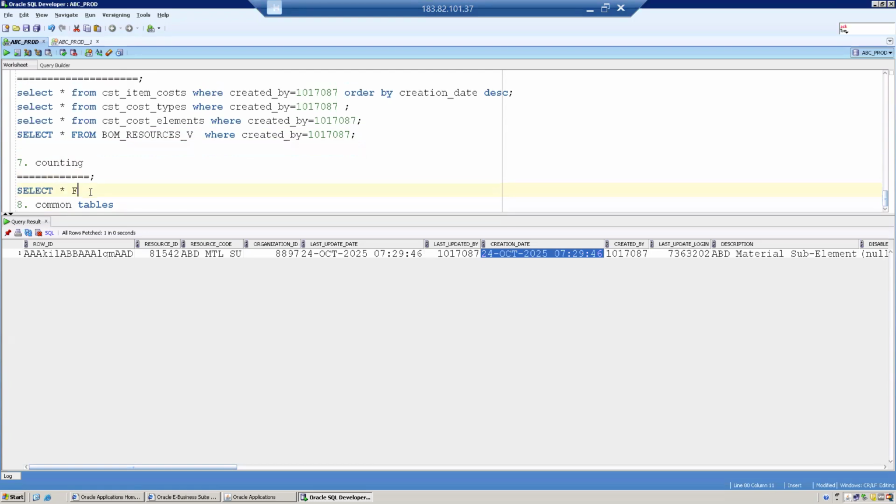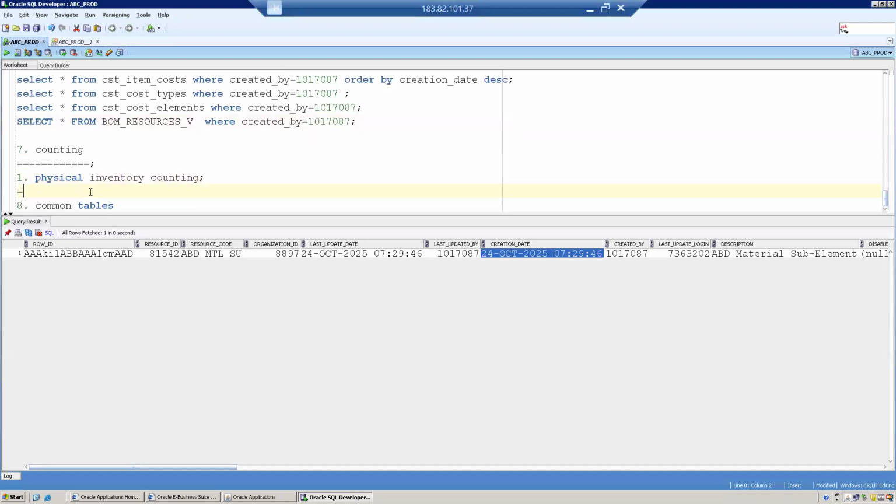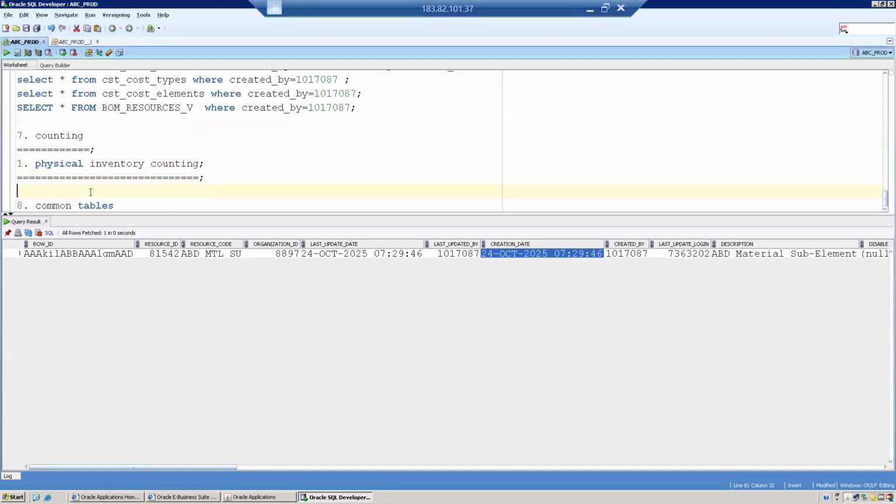Let's start from the first. We'll go and see. We have two types, right? Counting, physical inventory counting is one. Okay, physical inventory counting. In this table, select star from